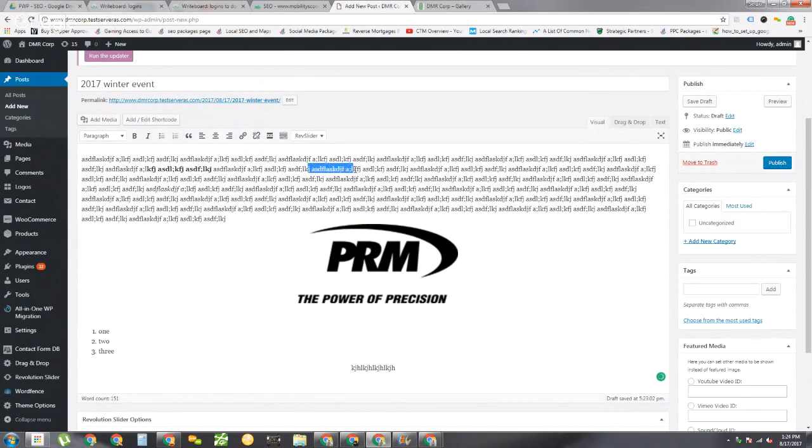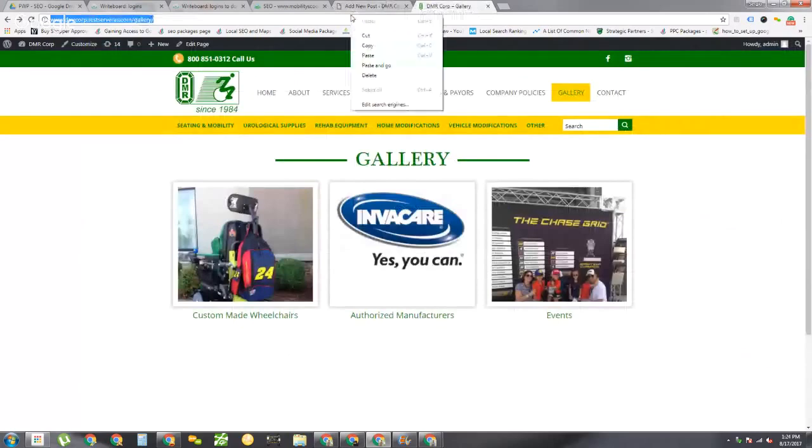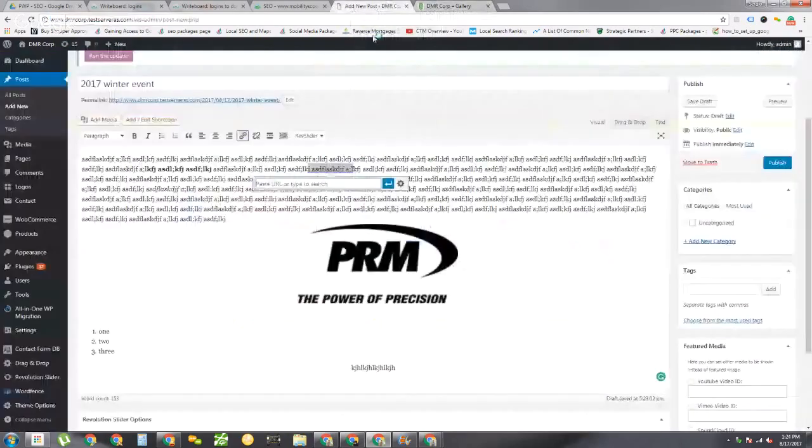And you can also create a link by highlighting text and clicking this paperclip button. You just enter the URL of the page that you want it to link to. For example, if you want it to link to the gallery, you take that URL, copy, and then enter it here, hit the apply button, and now you've got a link inside of the content. So this is basically how you would create a new page on your website if you ever needed to,